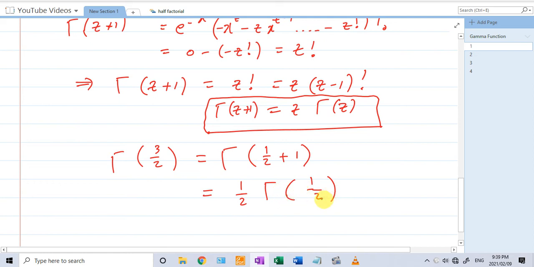Why do we say half gamma half? Because this half is like your z. Remember, comparing from here to there, you have z plus 1 giving z gamma z. So all I have done is, for gamma 3 over 2, I broke it up into half plus 1, so I've got half gamma half. Now